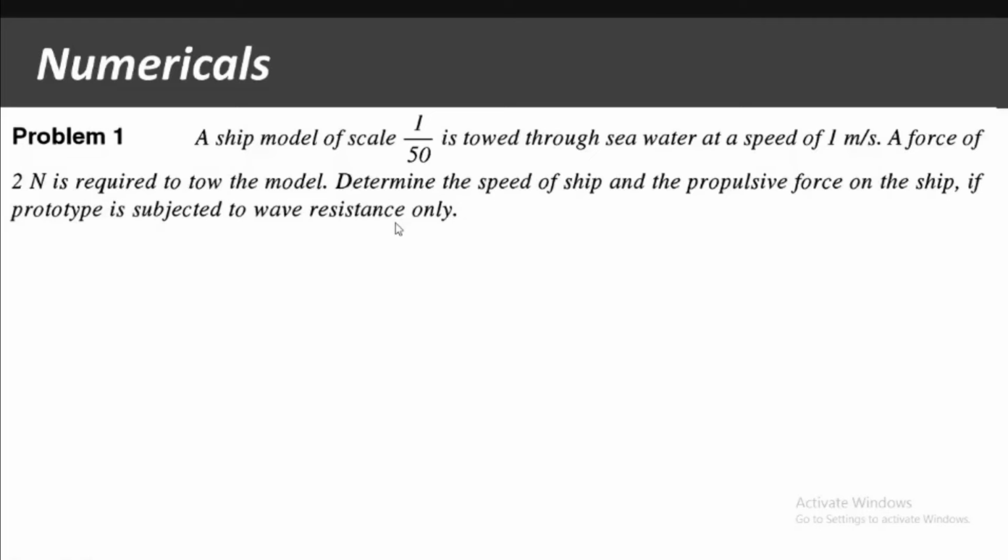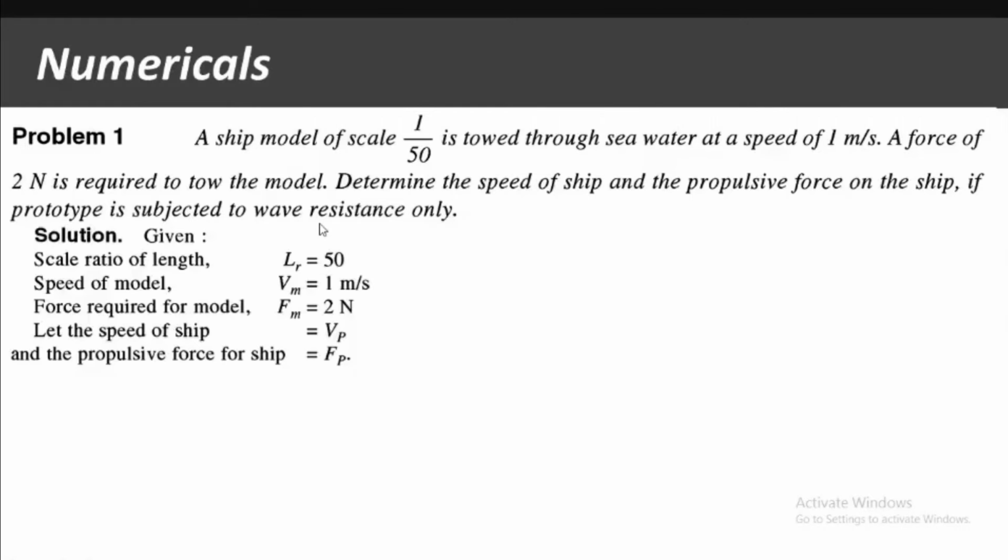ओके, हमें यहाँ पे शिप का स्पीड और प्रोपल्सिव फोर्स निकालना है। किसके लिए, प्रोटोटाइप के लिए, बिकॉज आगे हमें कंडीशन दिया है इफ प्रोटोटाइप इज सब्जेक्टेड टू वेव रेजिस्टेंस। सो फर्स्ट ऑफ ऑल ये जो रेशियो है 1/50, ये बेसिकली आपका ज्योमेट्री है, जैसे मैंने बताया कि 1 मीटर प्रोटोटाइप का लेंथ है, तो उसके मॉडल का 1:50। सो बेसिकली फ्रॉम द स्केल रेशियो वी विल हैव LR इक्वल्स टू 50।